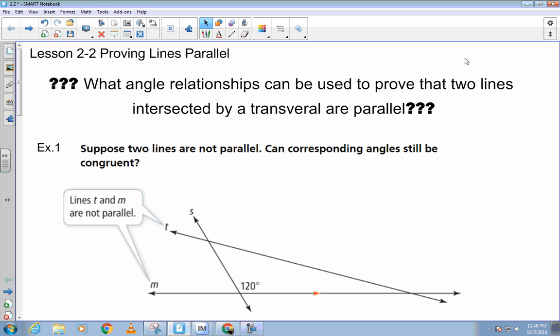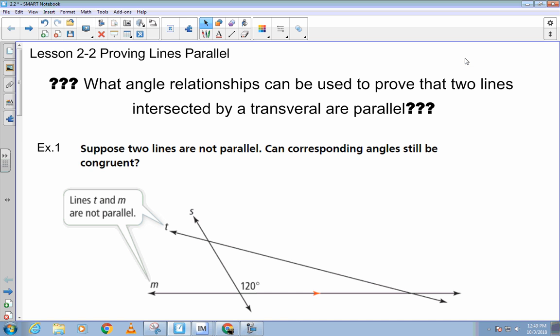So today we're talking about proving lines parallel. On Monday, we talked about, okay, if you've got parallel lines cut by a transversal, then you have all these special angles with special relationships. Okay, we talked about